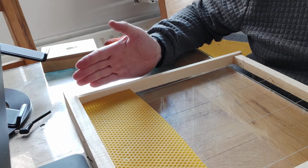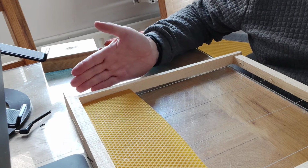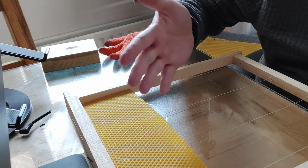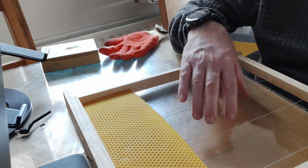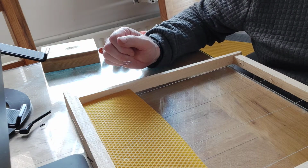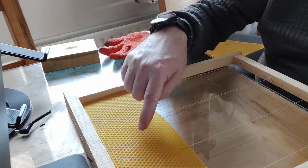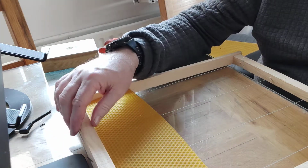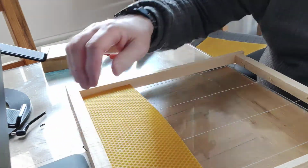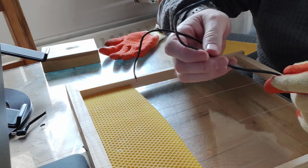The reason for this is because it will be used for a swarm trap, as I was saying. Once the bees enter, from what I'm led to believe, if there is more room down here, they have a bigger chance of moving into the swarm trap itself. Now, I'm using about a quarter of a foundation strip for the Layens frame itself, and then the last piece of equipment that I have here is a split piece of